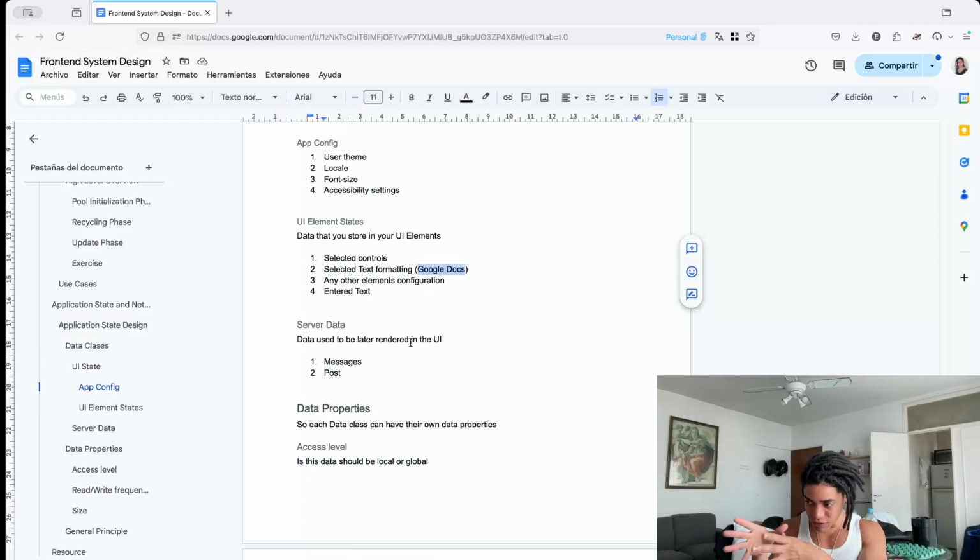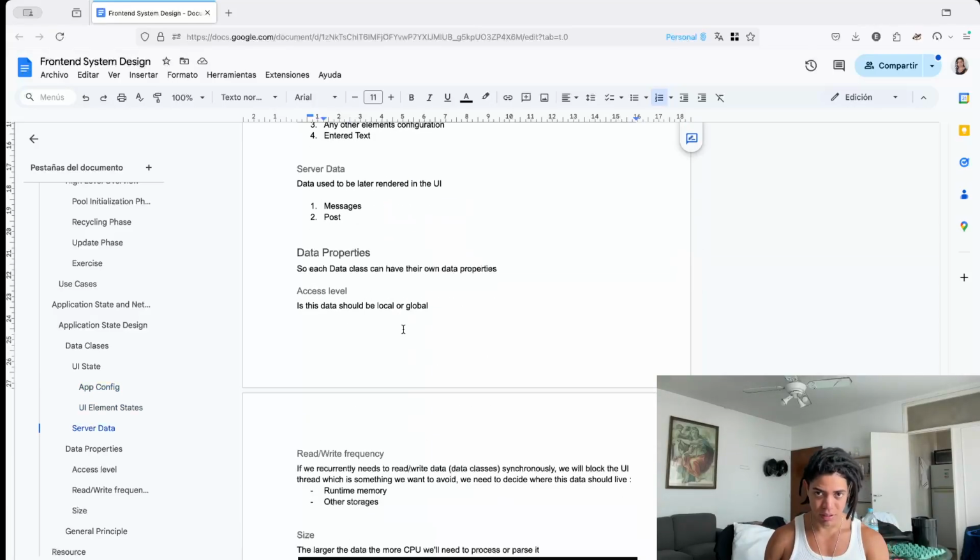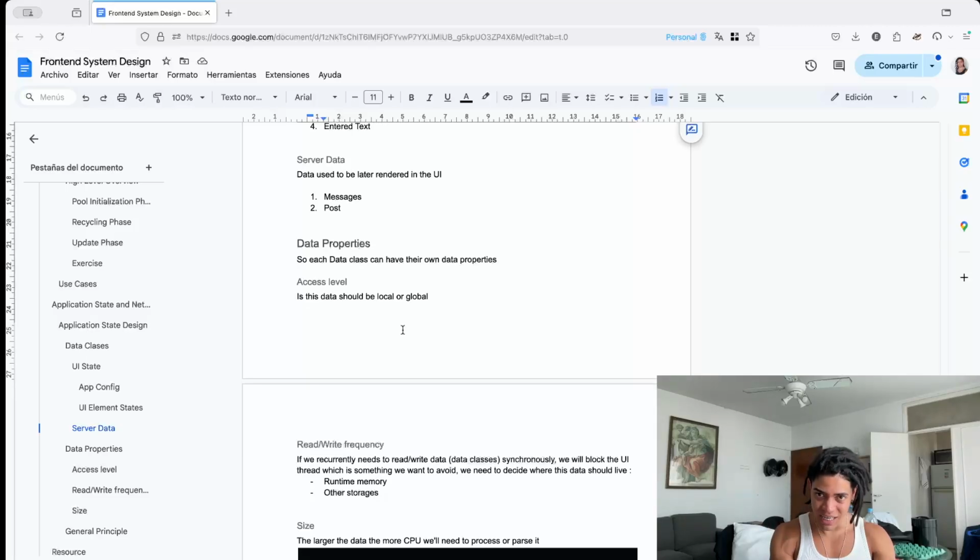And each one of those baskets, data classes, has its own properties. Okay, which means how this data is going to be accessed, the access level, the access data. Is this data supposed to be accessed per component or globally? The other is how many times we're going to write or read this data in our applications, because it depends on how many times we're going to read this data, whether it is on the UI,